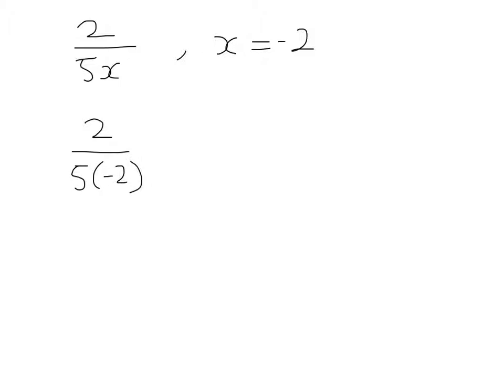We could evaluate the bottom line if we wanted to, but I think it's easier to cancel down. So 2 goes into 2 and leaves you with 1. So this will be equal to 1 over -5, or it's just equal to -1/5. That's the first one. Now the next one that we have is 2 over 3x,